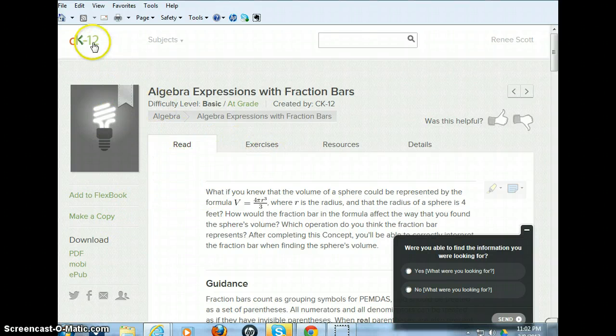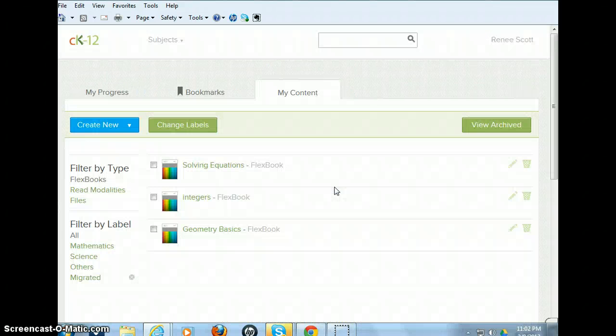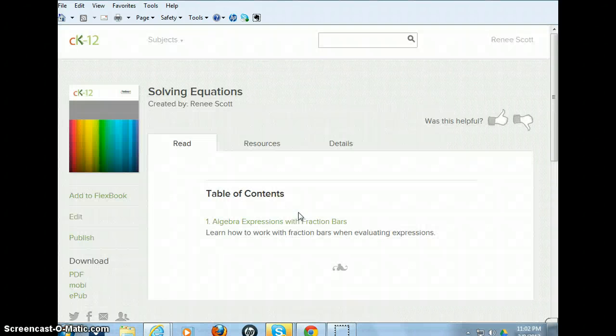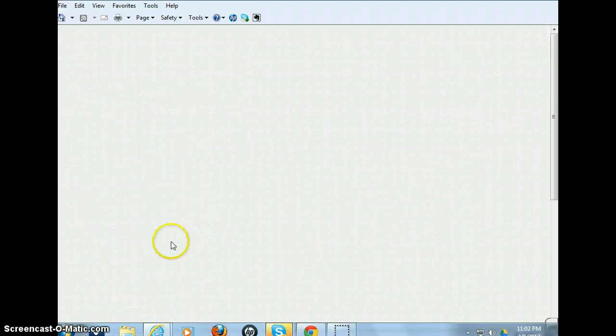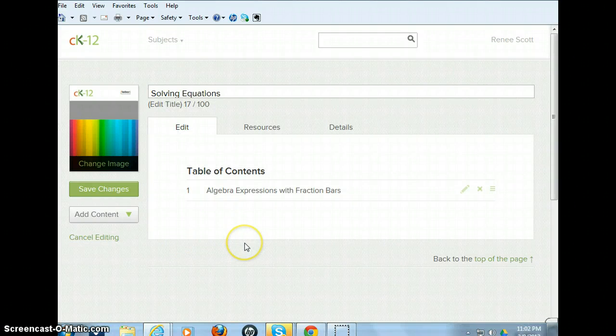So go back to our content, which we can find from the first page, and we say solving equations. I believe we did. And this is our content added in. Now, if we want to edit that, we're going to open it. Or over here to edit, go ahead and click edit. It'd be better to click that first. Edit content. And while it's loading, because if it's a large content, it may take a while to load, we